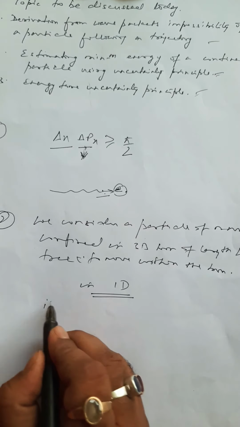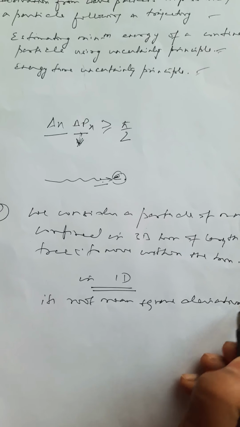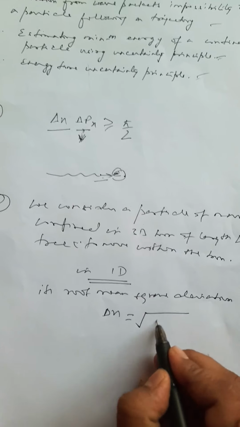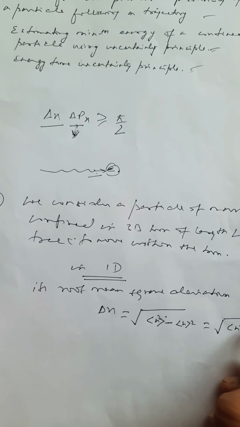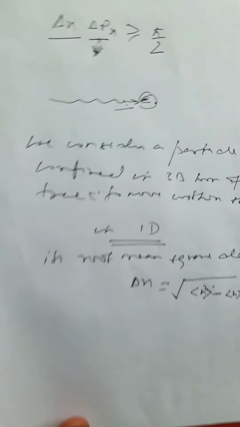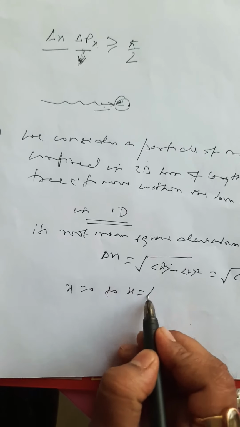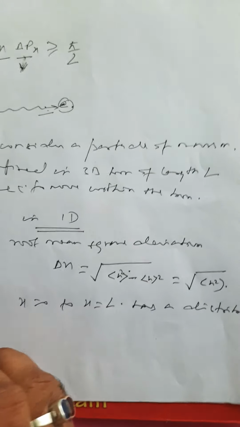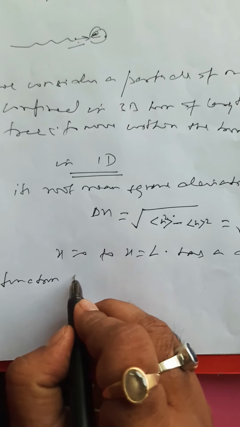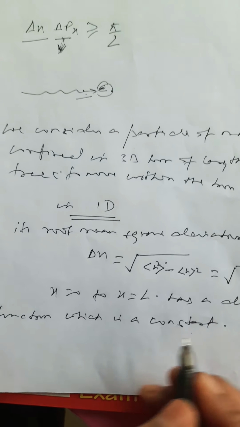Its RMS deviation, its root mean square deviation, delta x, will be given by this, which is nearly equal to this much. Now a free particle which is confined between x equal to 0 and x equal to L has a distribution function which is a constant. So the relationship